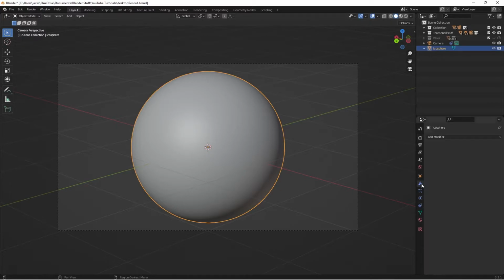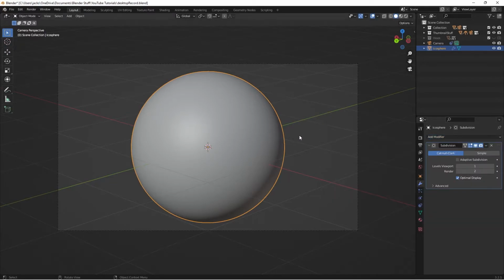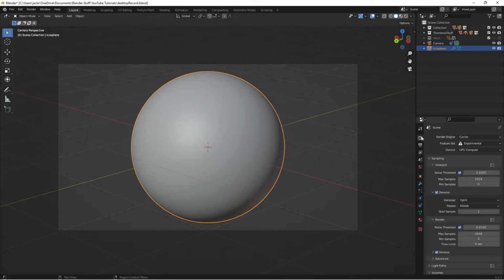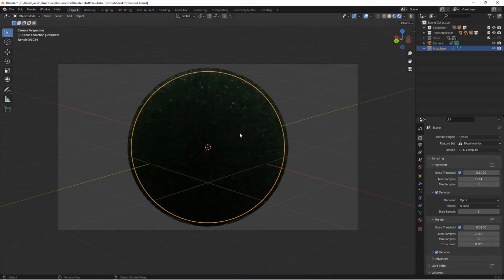geometry. So we can go over to Modifiers, Add Modifiers, and then go to a Subdivision Surface Modifier, and then check Adaptive Subdivision. You won't have this Adaptive Subdivision setting if you are in Eevee, and if in Cycles, you'll only have it if you're using the Experimental. But yeah, if you want the Adaptive Subdivision, you can do that, or you can just subdivide your mesh a lot manually. So now if we go back to Render Preview, we will see that it's looking like this right